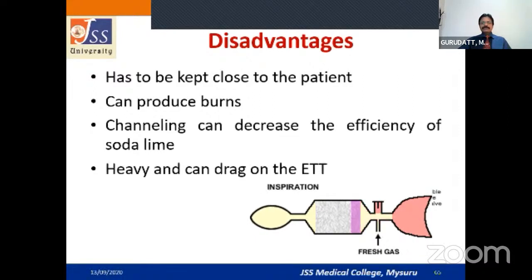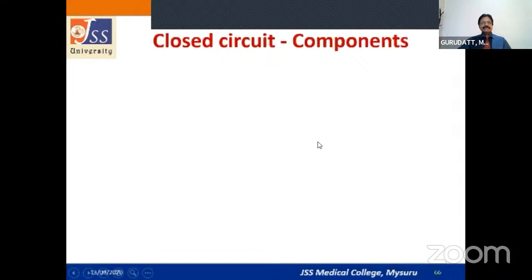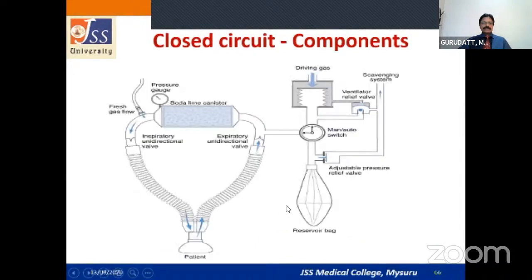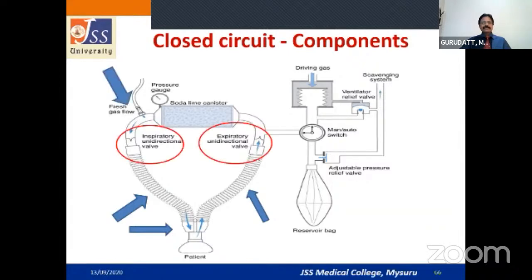Now coming to the closed circuits. Let us discuss the components of the closed circuits. You can see the closed circuit has a Y piece, then you have the inspiratory limb and the expiratory limb, which are corrugated hoses, and you have the inspiratory unidirectional valve and the expiratory unidirectional valve. You have the fresh gas flow entry, the canister, then we have the reservoir bag, then the adjustable pressure limiting valve or APL valve, and also we have